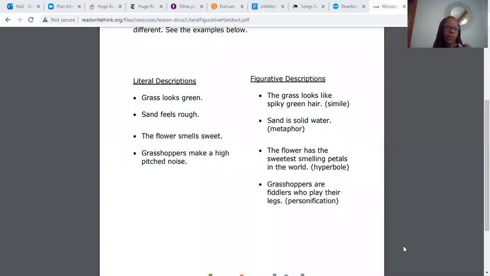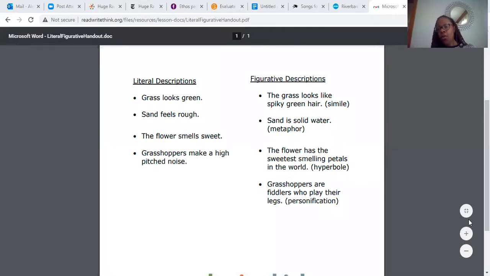This is somewhat of a basic breakdown. I know you guys are familiar with literal language and figurative language, but just to review and remind you, there is no right or wrong way to read literature, but there are two main ways to consider when you are reading it. You want to consider it, yes, in some cases, literally. So I'm looking at every word and applying every word as it is intended. But you also want to be mindful that